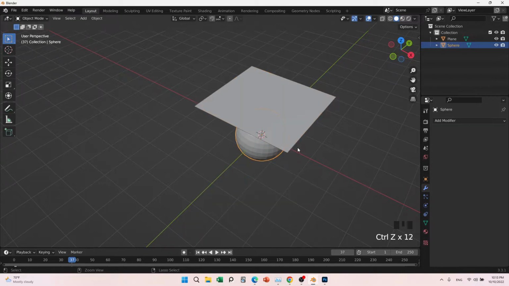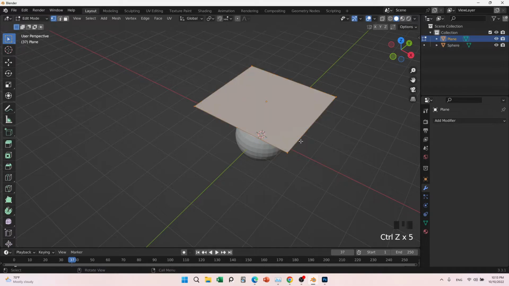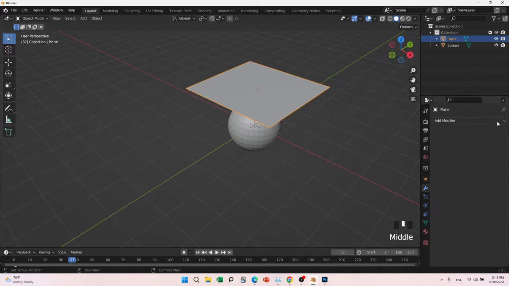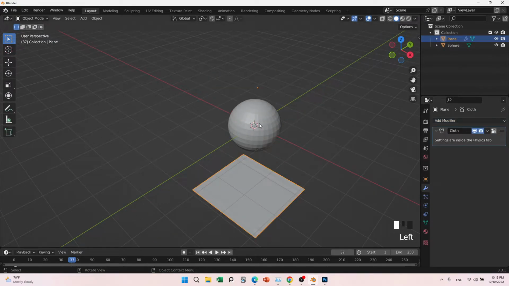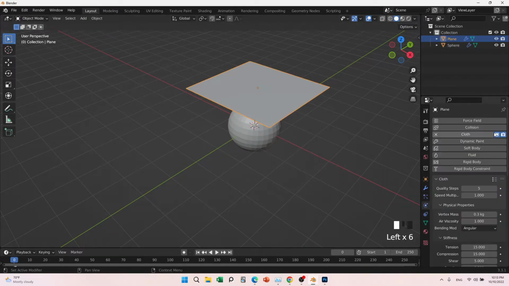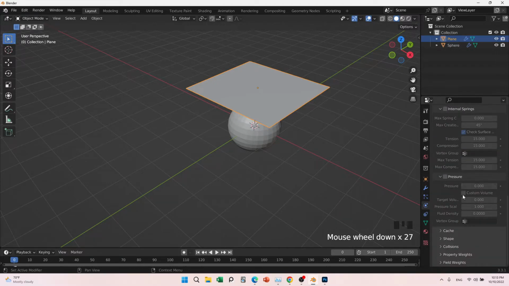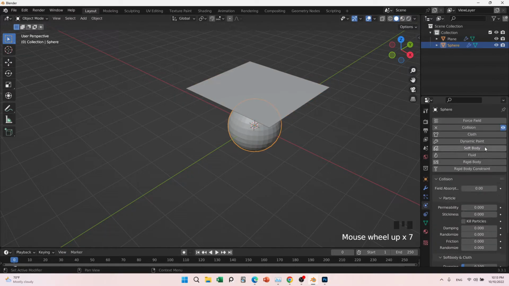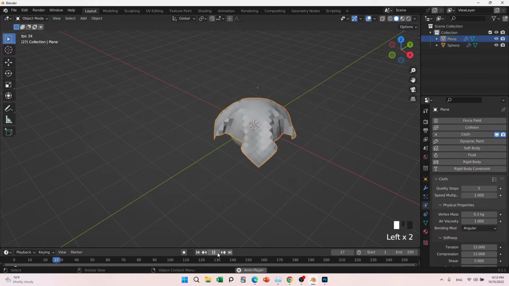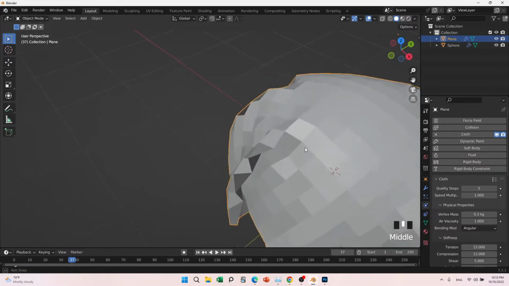Let's redo it. What I'm going to do is make this a lower number. Okay, I'll make it 20. So like this, and I'm going to add a cloth, and put it here, and put a collision, and I'm going to leave everything like this, and this is the collision, and let's play it something like this. Okay, it's not bad,